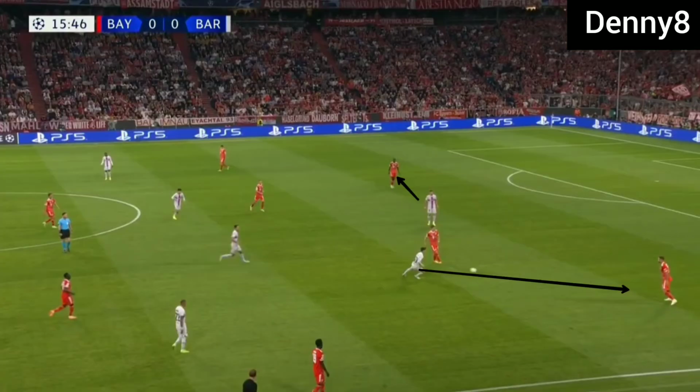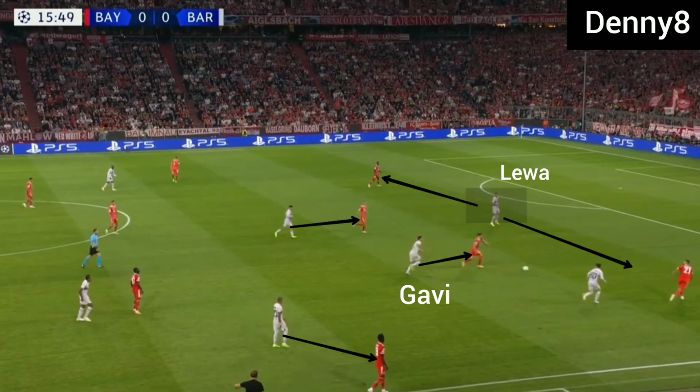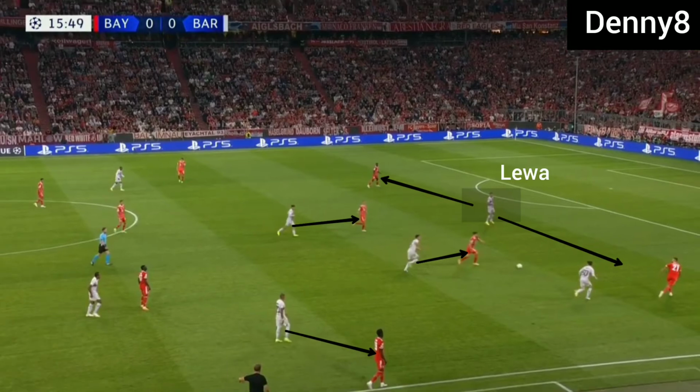In open play, Bayern were building the game in a back 4. Barca were pressing with the front 2 in open play. Gavi and Lewandowski were ready to press Bayern's centre-backs. While Gavi was pressing one Bayern centre-back, Lewandowski was blocking the lateral pass by staying between both centre-backs. Lewandowski was disconnecting Bayern's centre-backs by being in the middle of both of them,